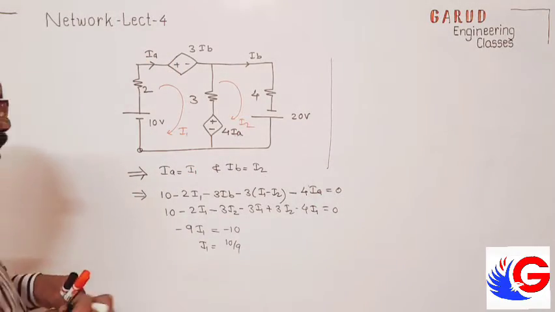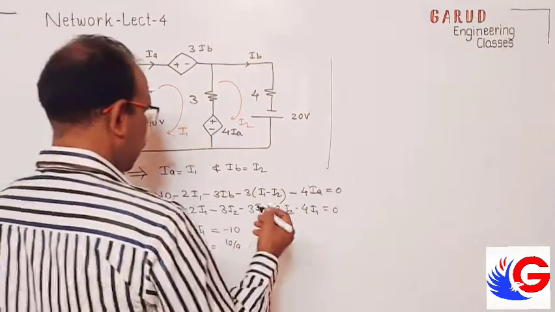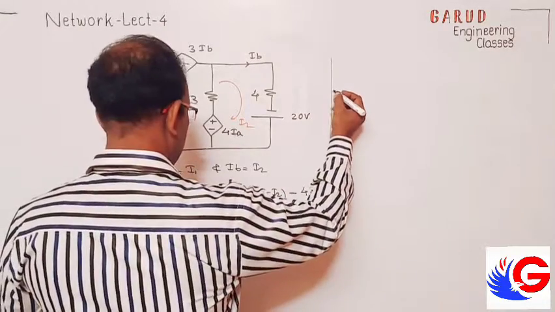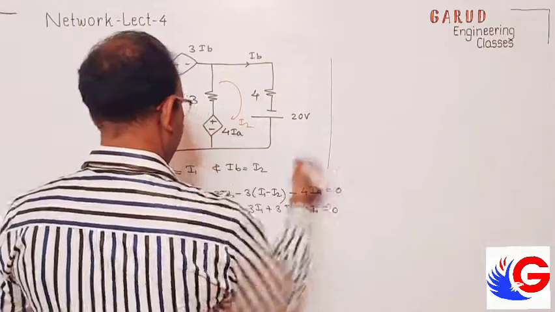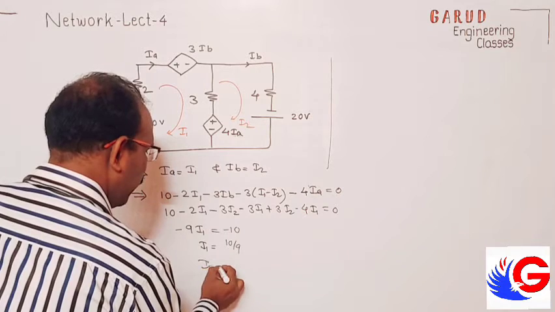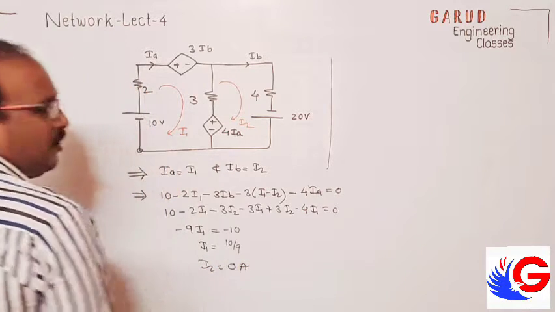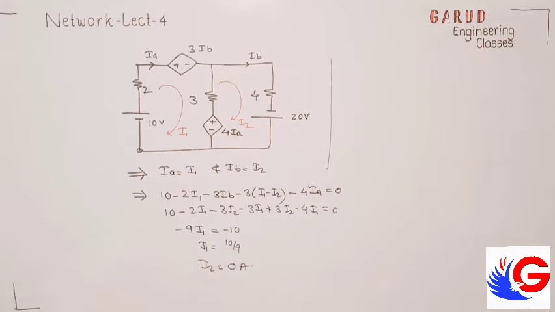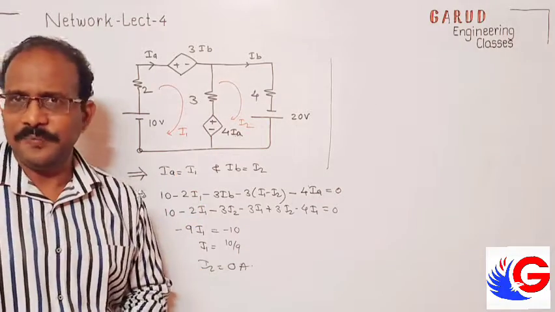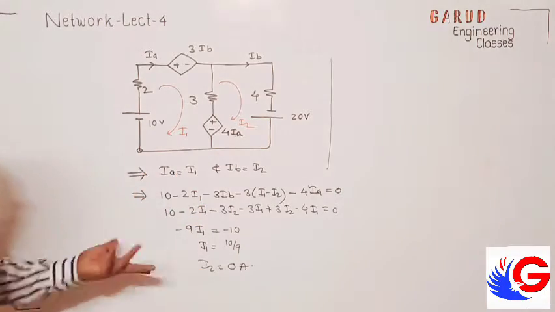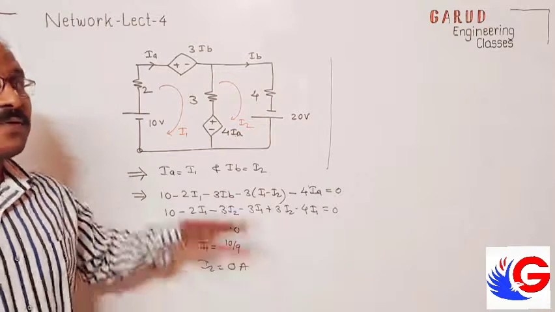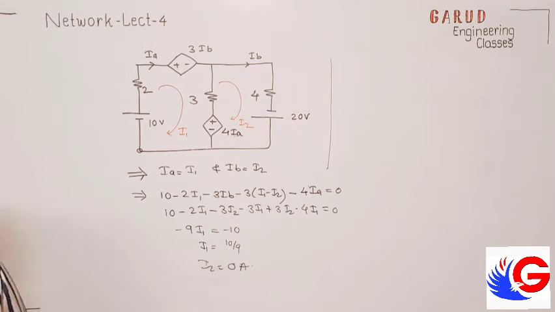Check. In this if I substitute, okay. So here there is no I2, it is cancelling. So it is 0 ampere. It is not every time possible that I2 is 0. Here in this equation it is cancelled. Okay. So this is the thing. The method is very simple. So I will consider one more problem for the practice.